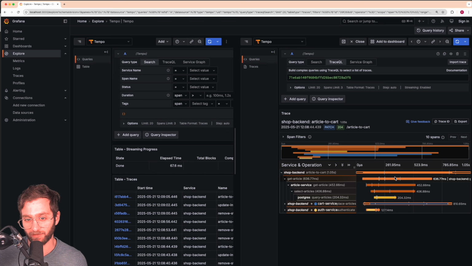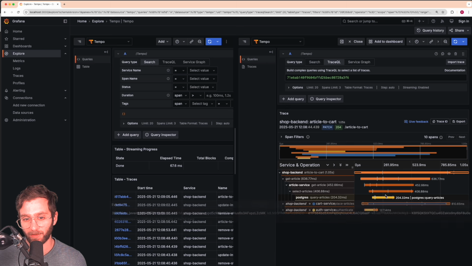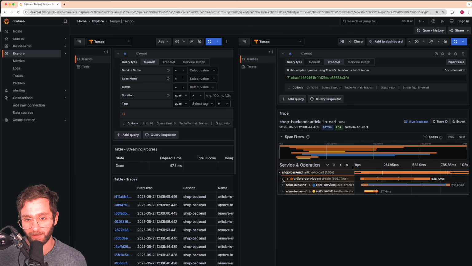Notice the color hasn't changed, but then the request gets transmitted to the article service microservice. And the get article operation in this service overall takes 450 milliseconds to process. It invokes an operation called select articles, part of that operation being a Postgres query, which took 200 milliseconds overall to process. So this child span took 600 milliseconds, not bad,